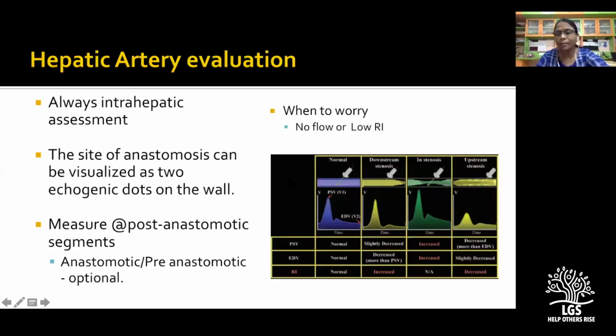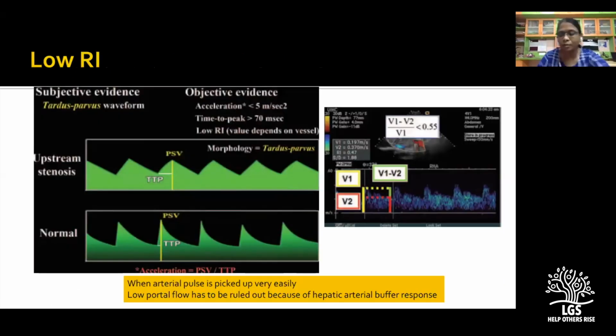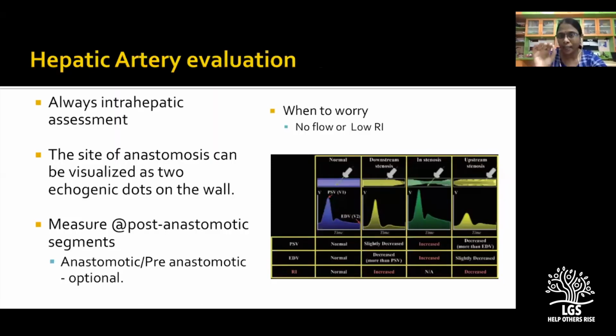Whenever there is no flow in the hepatic artery, first we have to adjust the Doppler settings, and we have to try using the pulsed Doppler, because pulsed Doppler picks up the slow flow in a better way. Even after adjusting the Doppler settings and the use of pulsed Doppler, if we are not able to get the waveform,